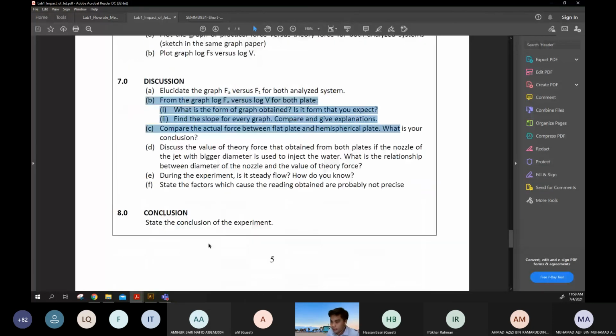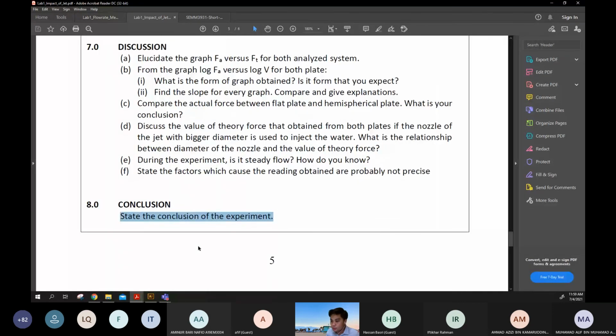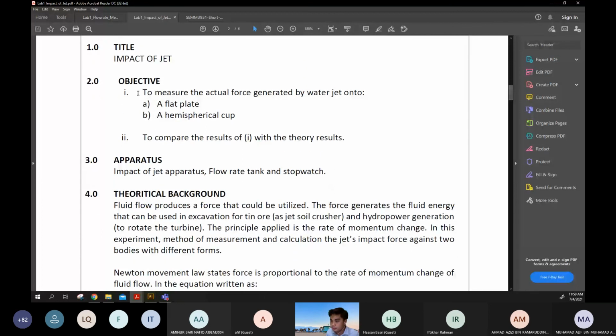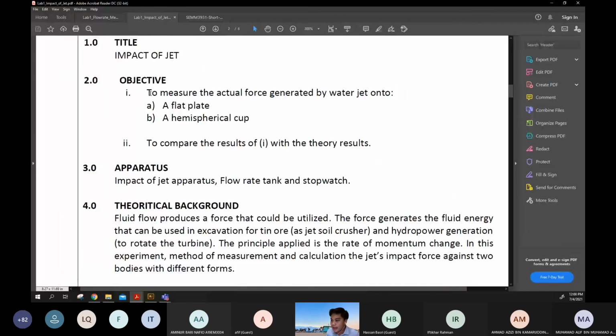Alright? And the conclusion, state the conclusion of the experiment. I need you to give it in point form. How to answer this conclusion? Refer back to your objective. Where's your objective? To measure the actual force generated by the water jet. So for this part,